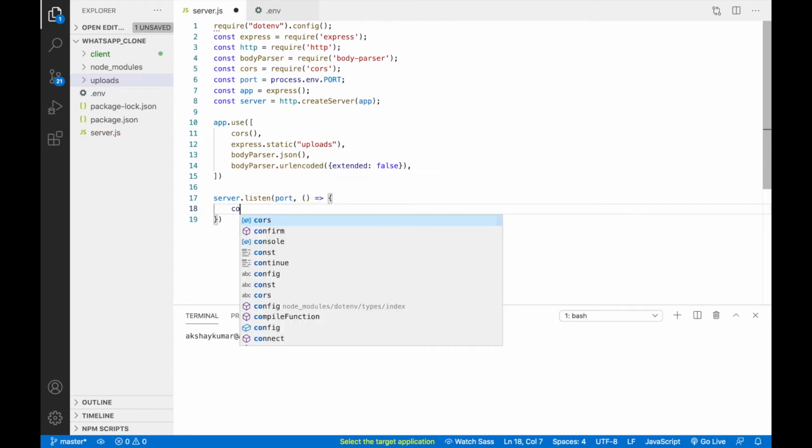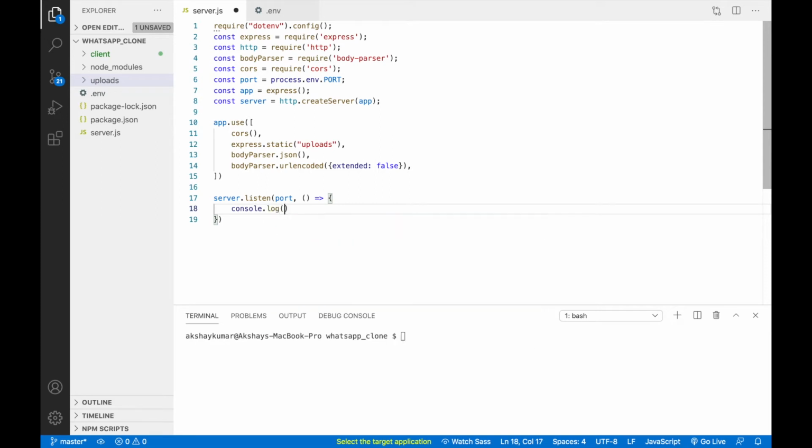Here we just write console.log, "Server is running on port", and concatenate port. So it will give you server is running on port 2000. I think basic configuration is done. Let's try to run our server. Server is running on port 2000.